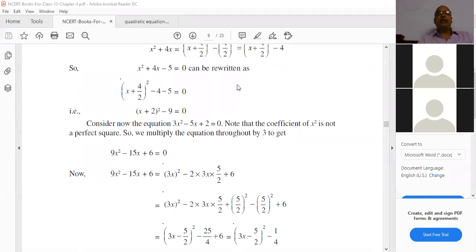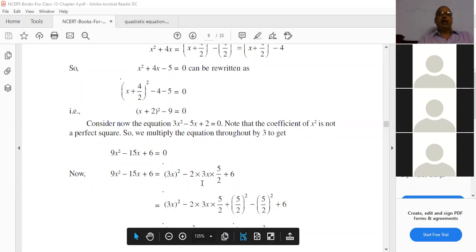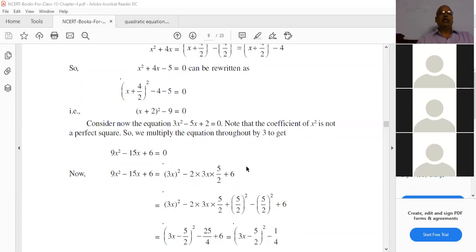But actually you have to get minus 2 into a into b. So b you have to identify here. What number if you write, it will give 15x. Already 6 is there. If you write into 5 by 2, that you have to think. How can I get 15x here? Already 6x I wrote. 6 into 5 by 2 means 2 3s are 6, 3 5s are 15. So that's why b I can write as 5 by 2.